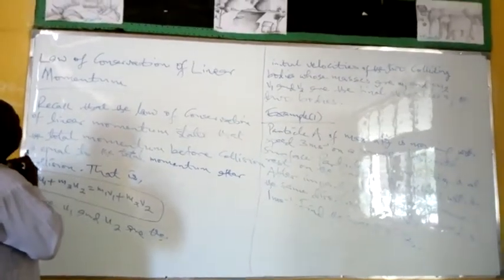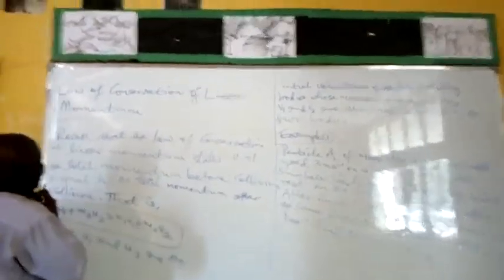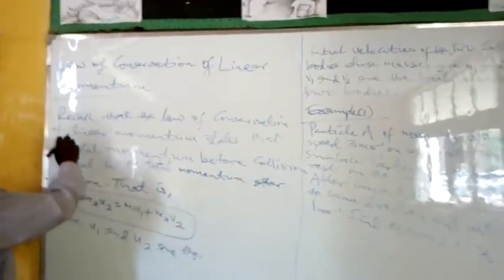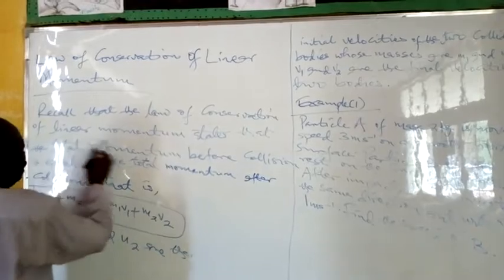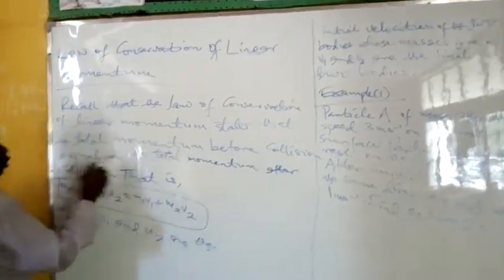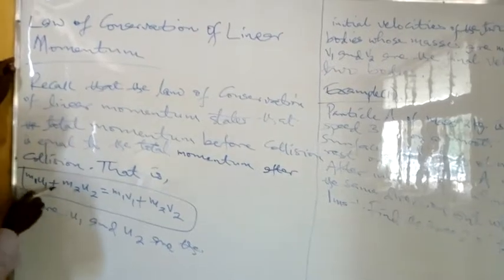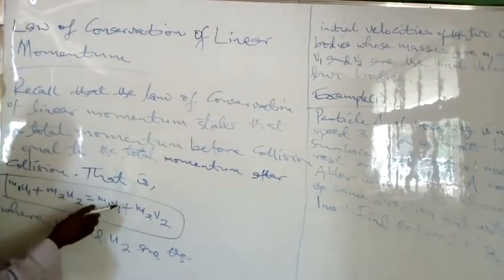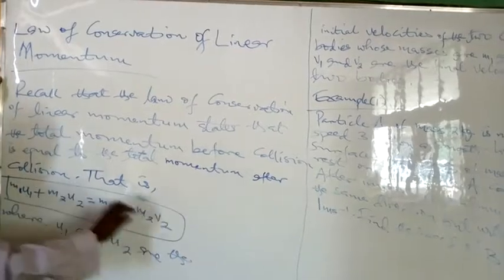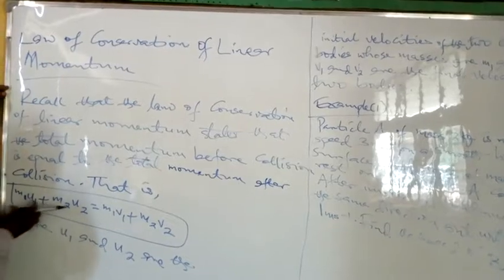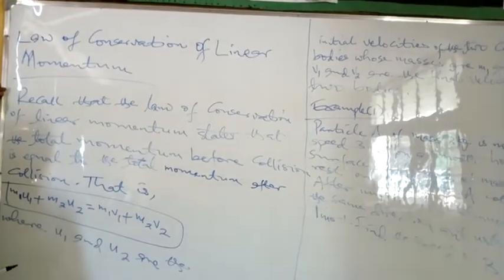Today we are going to continue with the law of conservation of linear momentum. Recall that the law of conservation of linear momentum states that the total momentum before collision is equal to the total momentum after collision. That is, m1u1 plus m2u2 is equal to m1v1 plus m2v2. So, this is the law of conservation of linear momentum presented in mathematical form,